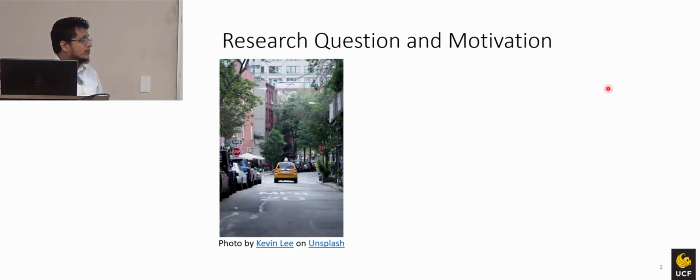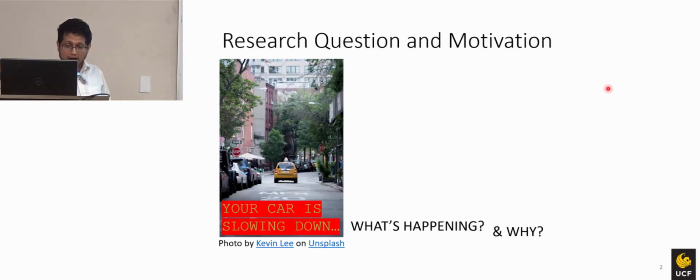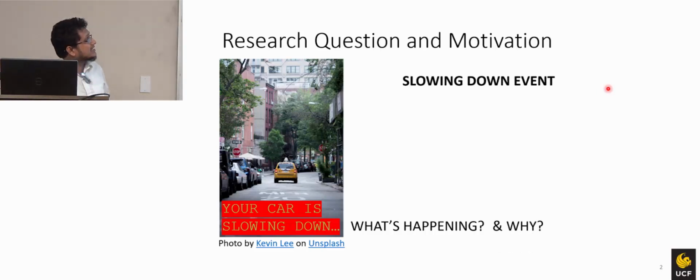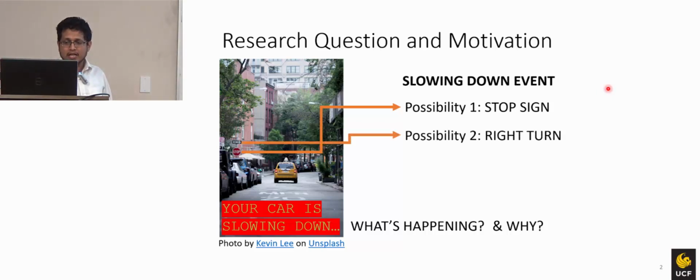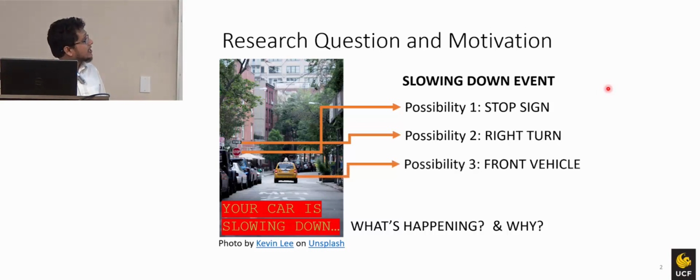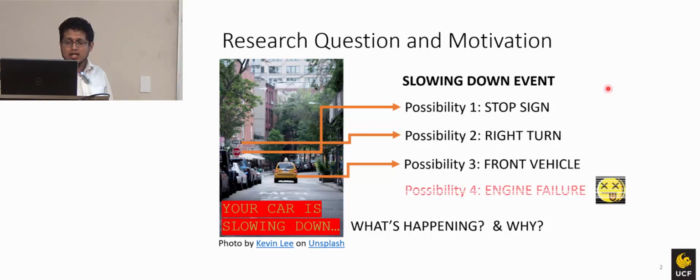Let's say we are traveling in a self-driving car, and suddenly this car starts slowing down. Then the passengers will think, what is happening to this car and why is it happening? The what part can be answered by watching the slowing down, but the why part can be answered in different ways. Possibility one is there is a stop sign, that's why it's stopping. Maybe there is a right turn coming up, that's why it's slowing. Or maybe there is a vehicle in front, that's why it's stopping. Or maybe the unfortunate reason is that the engine has already failed. Whatever the reason, knowing the